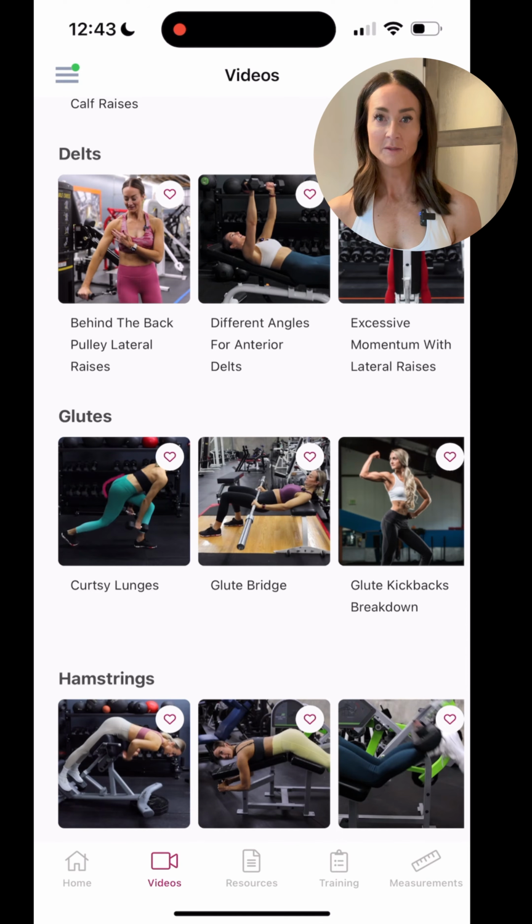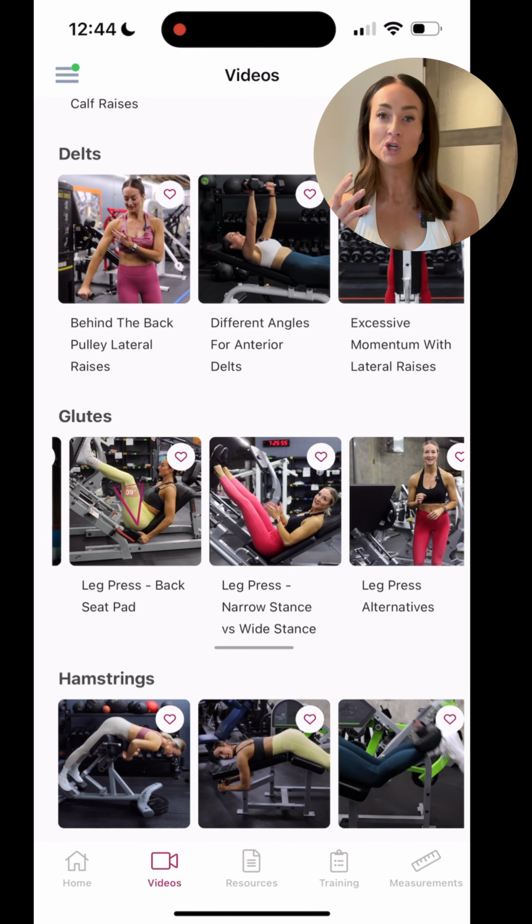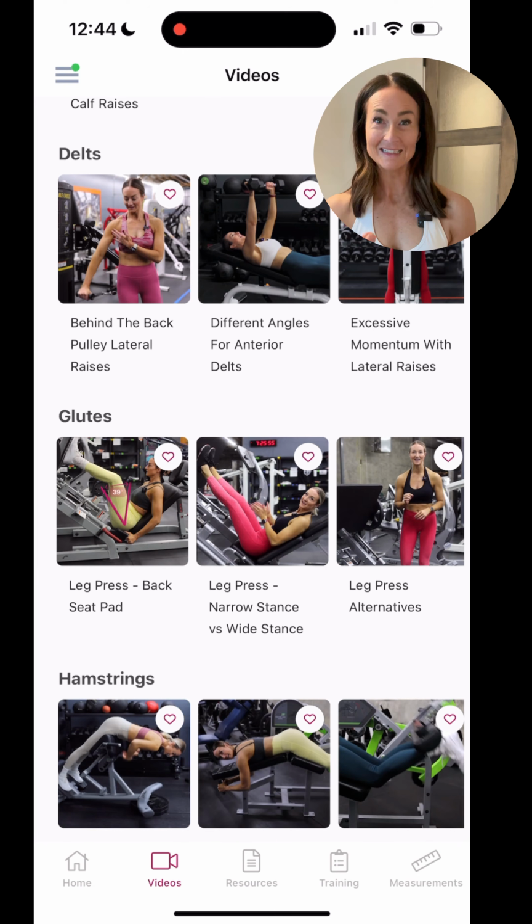A lot of times people love what I have on Instagram and social media as far as just 1 to 2 minute tips on different exercises. This is where those are stored in the app. So every single month, an additional 4, sometimes 8 videos are going to show up so that you can really learn how to get the most out of your training and know through a more in-depth breakdown if you're doing